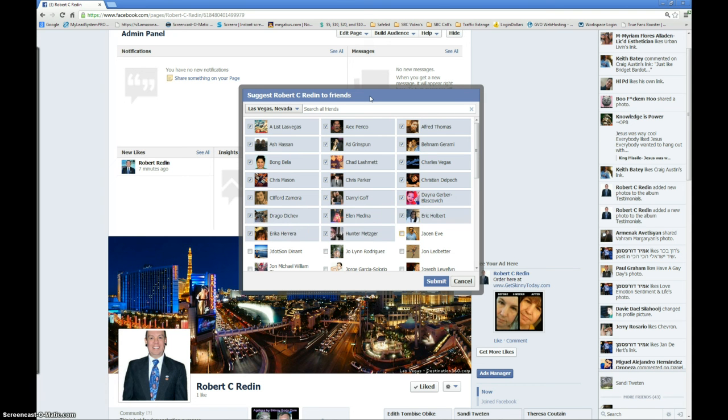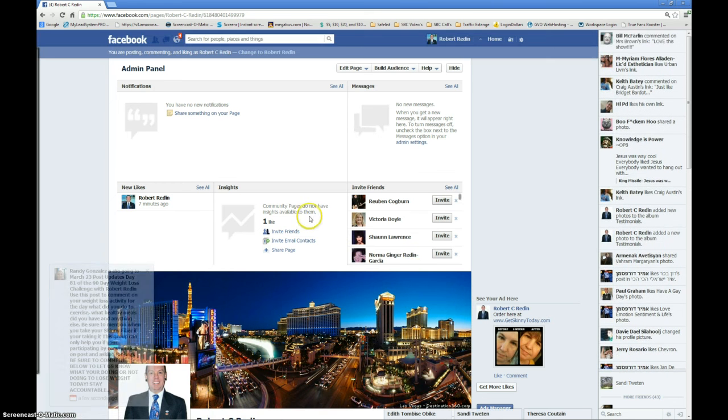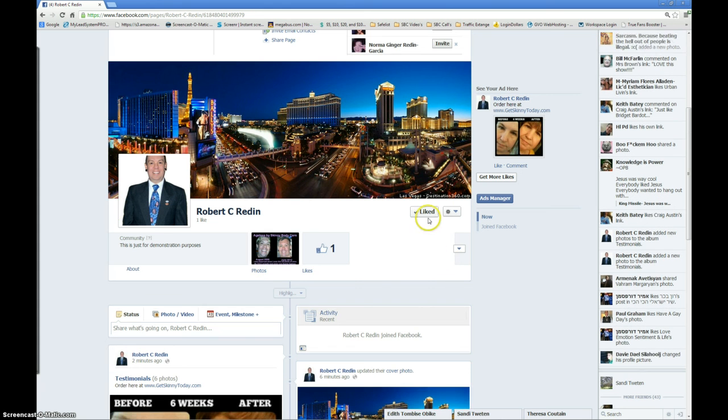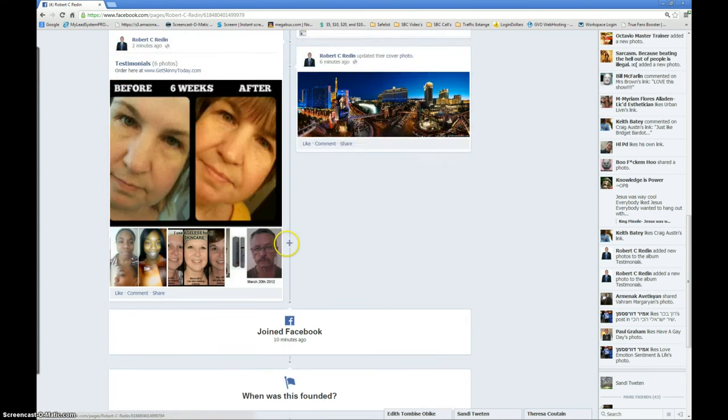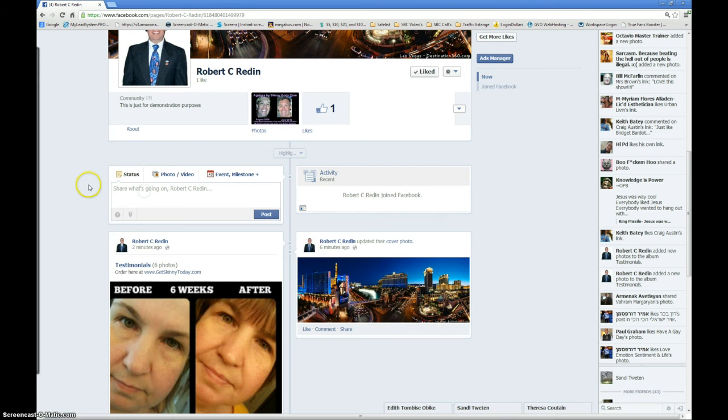And once you do that, it doesn't add them automatically. What it does do is it sends them an invitation to like your page, and then they'll get a notification up in the top. Let me cancel this because I'm deleting this page. I'm not going to invite. Up here, they'll get a notification saying, hey, so-and-so has invited you to like their page, so please click here and like their page. So they'd click there, then they'd see your page, and they'd have to come over here and click like. They can also take a look at what content you have on there, and if you're new, it'd be good to have a post that says something about my